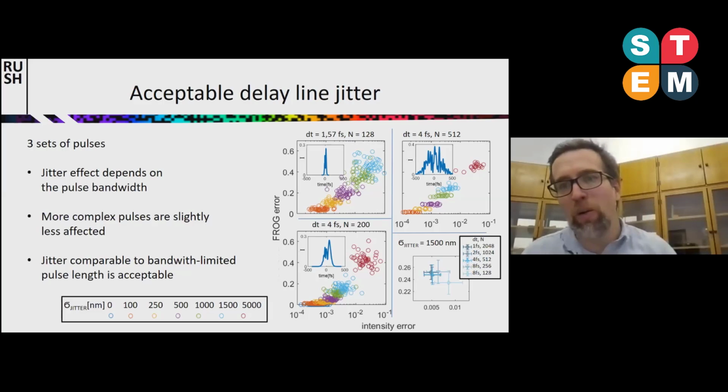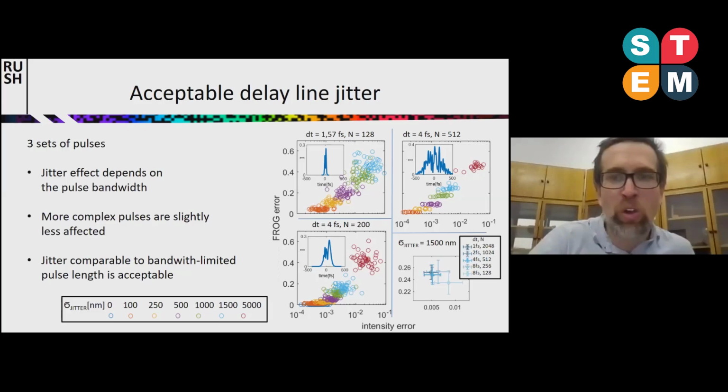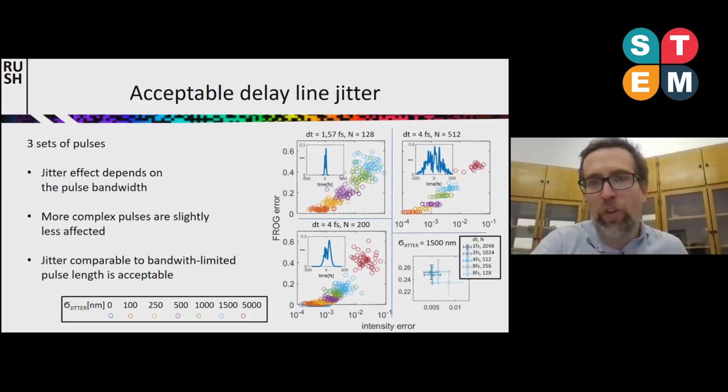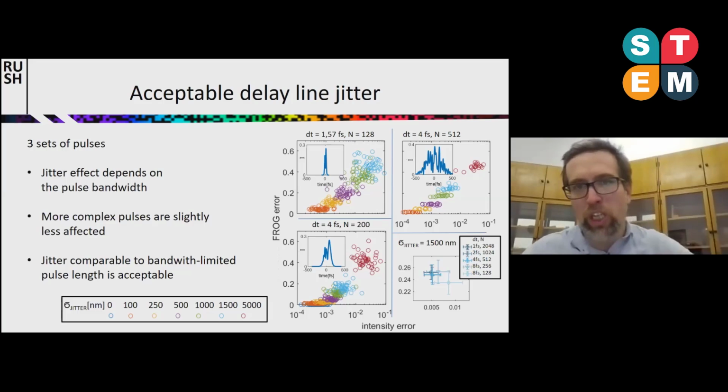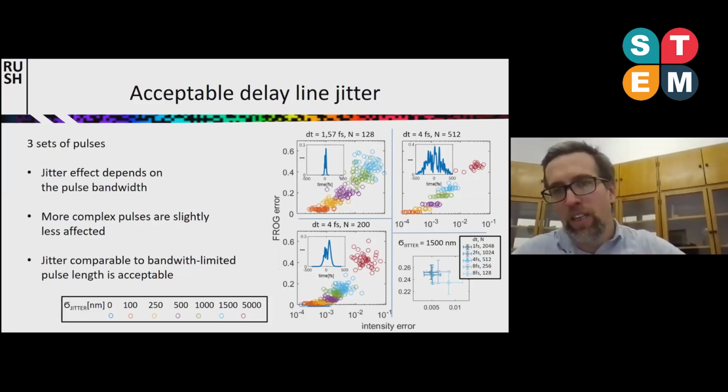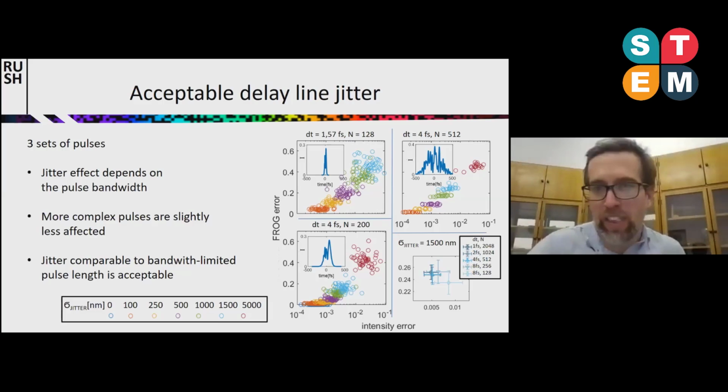This jitter is basically one of the noise sources in your measurement. So if you want to get a result which is comparable with other noise levels, you need to have a delay line which adjusts the delay approximately with the same precision as your pulse length, or bandwidth limited pulse length.